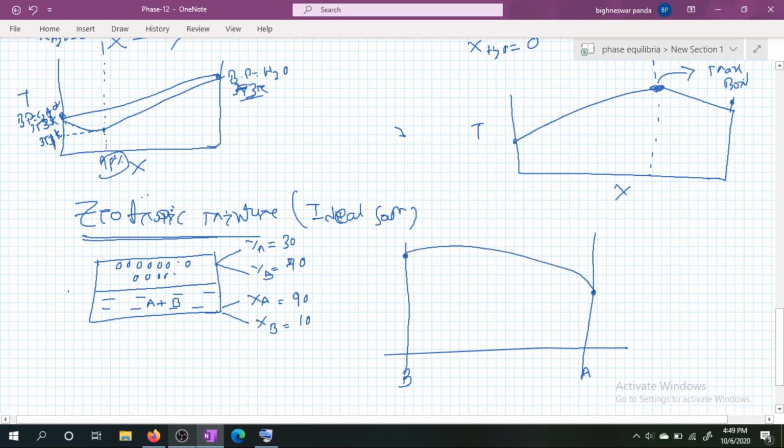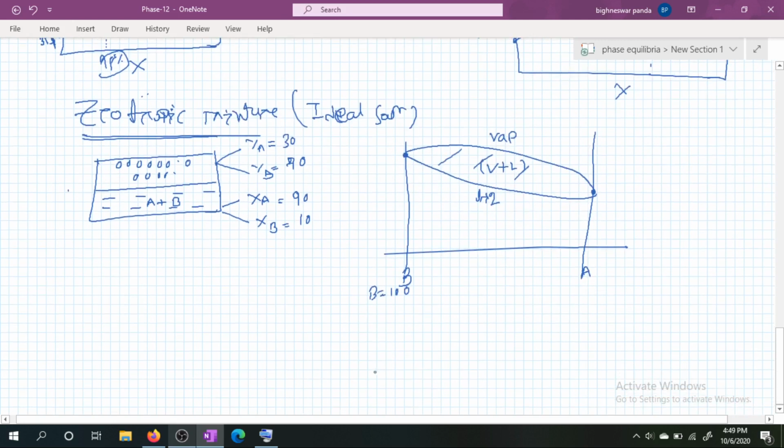So this is the curve for the vapor phase, and this is the curve for the liquid phase, and in this area vapor and liquid both exist with each other. Here B is 100, A is 0,